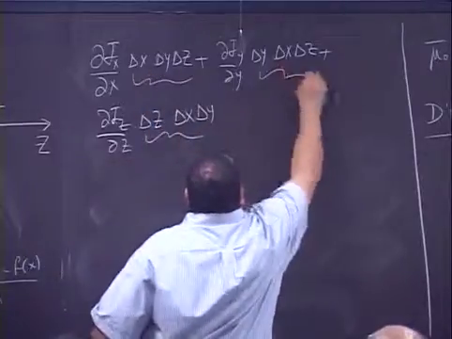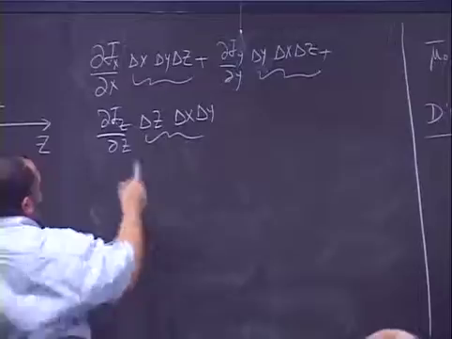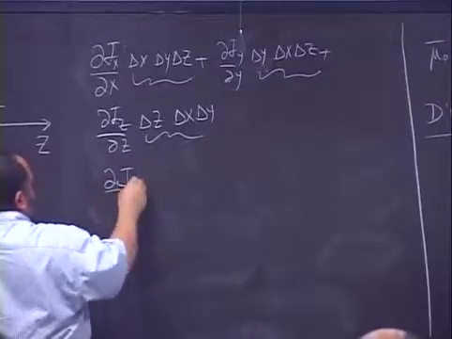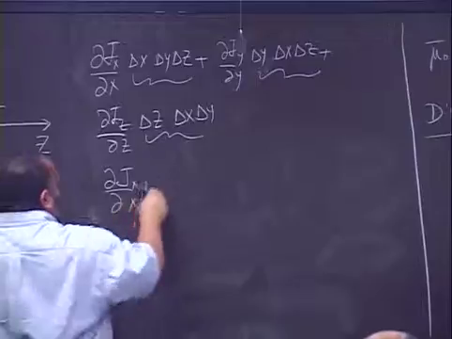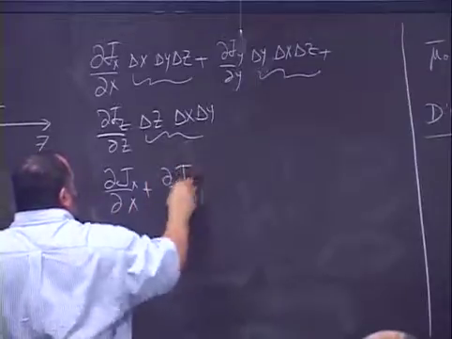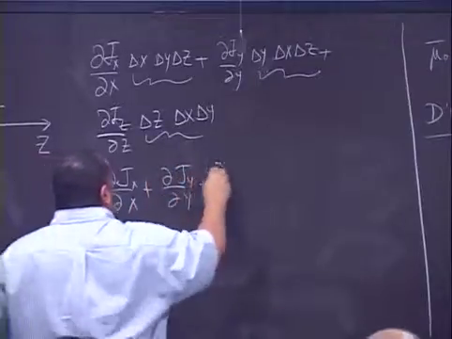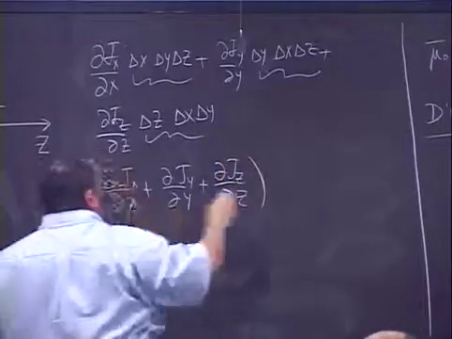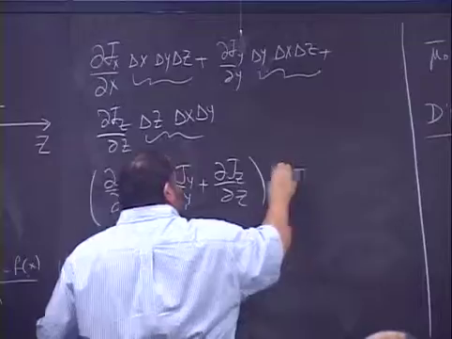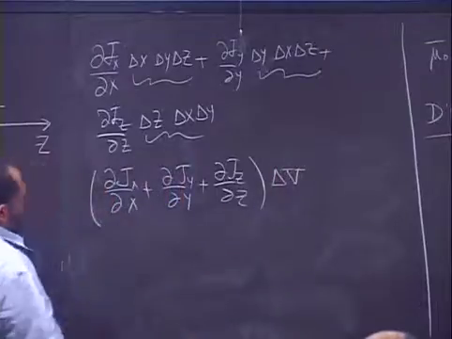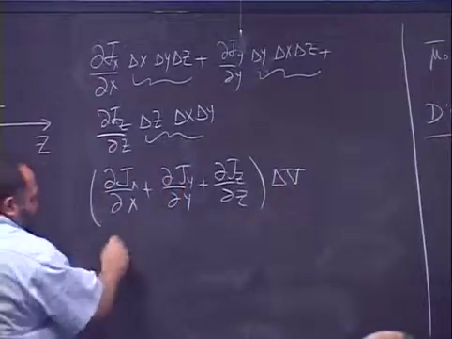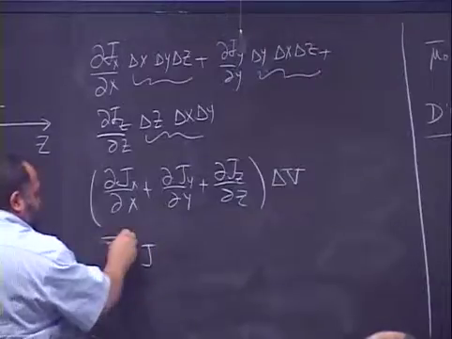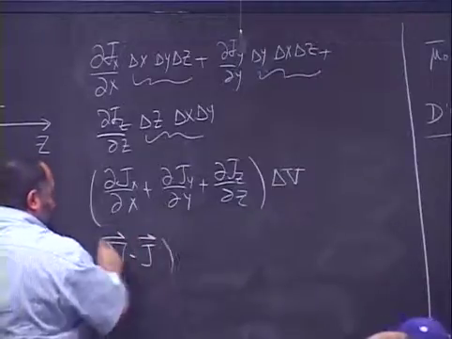This is the volume. So I can take all of this out, and I say that this is dJx/dx plus dJy/dy plus dJz/dz, all multiplied by delta volume. So this one I can write it as what? Divergence of J multiplied by